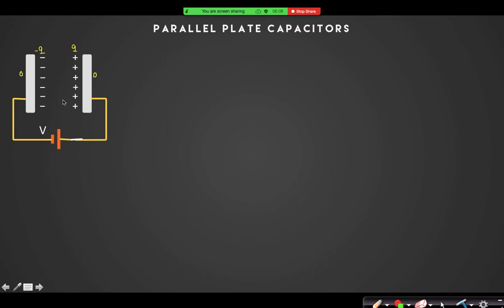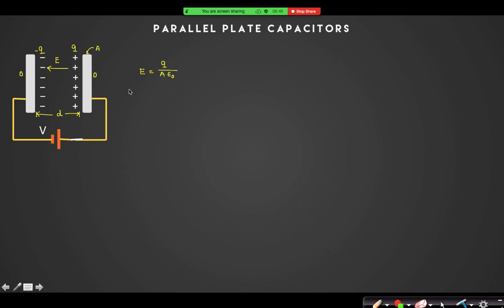But right now, if this charge is Q, what is the electric field in between the plates if the plate area is A and the separation between the plates is D? Can you tell me? Yes, that electric field we all know: it is Q by A epsilon naught. Will 2 be there, or will there only be Q by A epsilon naught? Only Q by A epsilon naught. Good. 2 will not be there.